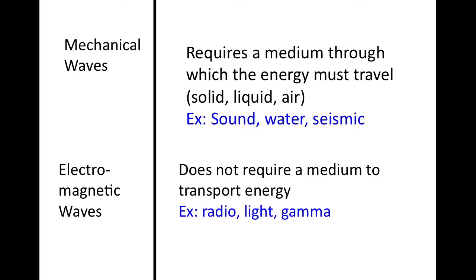There are 2 different kinds of waves. The first one is mechanical waves. This requires a medium through which the energy must travel, such as solid, liquid, or air molecules. An example of mechanical waves, we have sound waves, water waves, seismic waves, which are the disturbances that move through